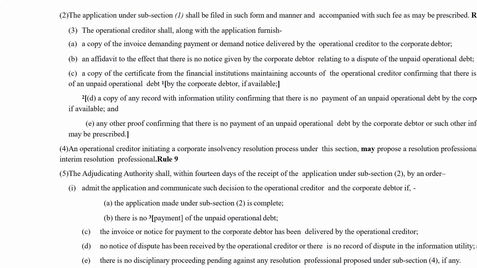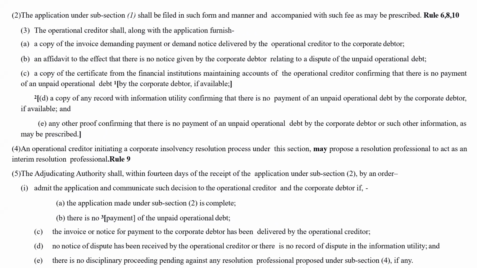There is no dispute. A copy of the certificate from the financial institution maintaining accounts of the operational creditor confirming that there is no payment of an unpaid operational debt by the corporate debtor, if available. So if this is available, fine. Otherwise, no need. A copy of any record with the information utility. Information utility, I already told you, is a repository of financial information. So if that copy is there of any record with the information utility confirming that there is no payment of an unpaid operational debt by the corporate debtor, if available, any other proof. Then